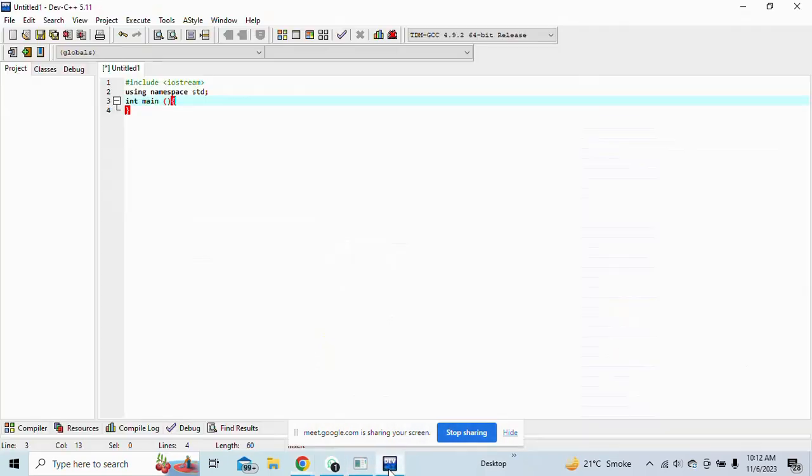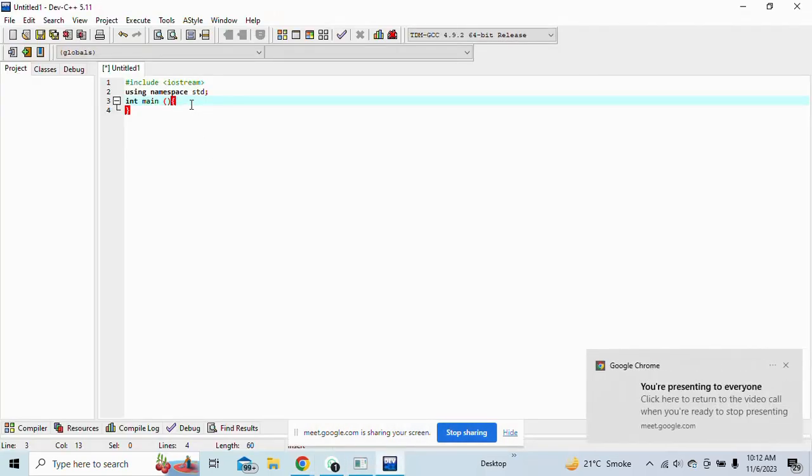I thought that perhaps I should refresh Dev C++, so that's why I closed the previous file and again opened Dev C++. Now let me write